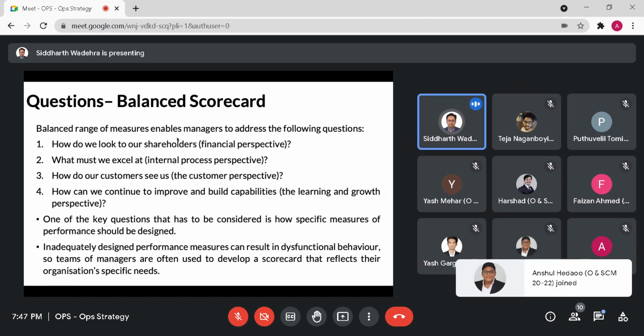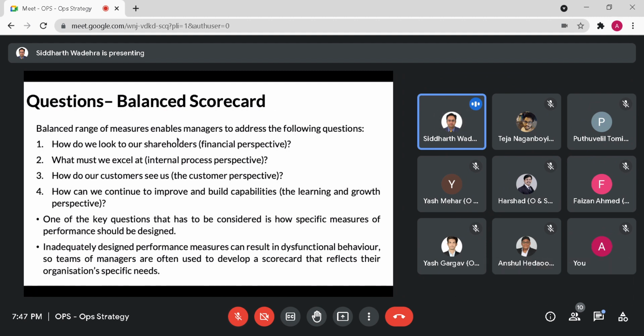in terms of identifying, even in that balanced scorecard, if we identify 3 matrices, how can we further improve and build on our capabilities to ensure that, from a process standpoint, from an operation standpoint, there is no gap, or there is no red area where we are lacking, and if there is something, then that data should be fed in, and an attempt should be made at rectifying that as such. All right, inadequately designed performance measures can result in dysfunctional behavior.